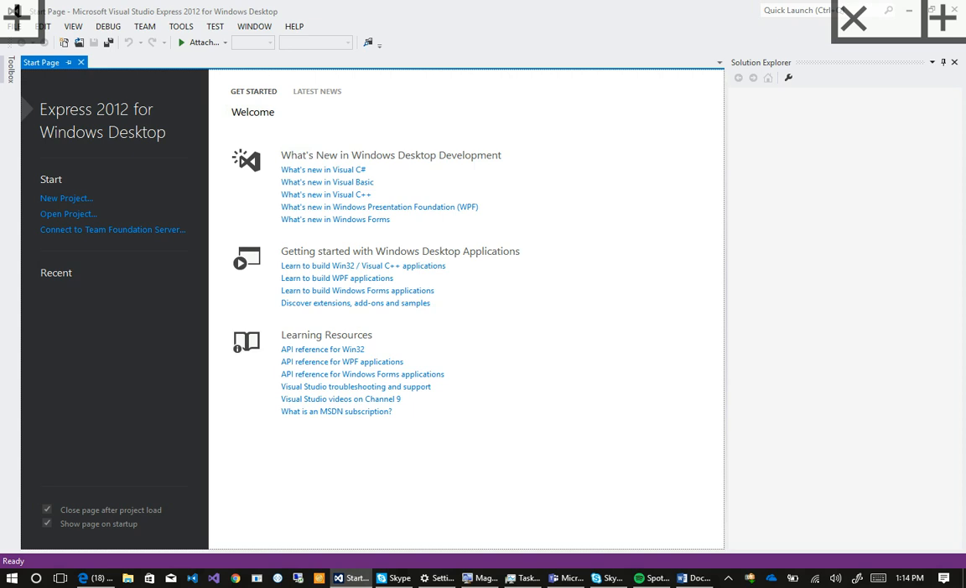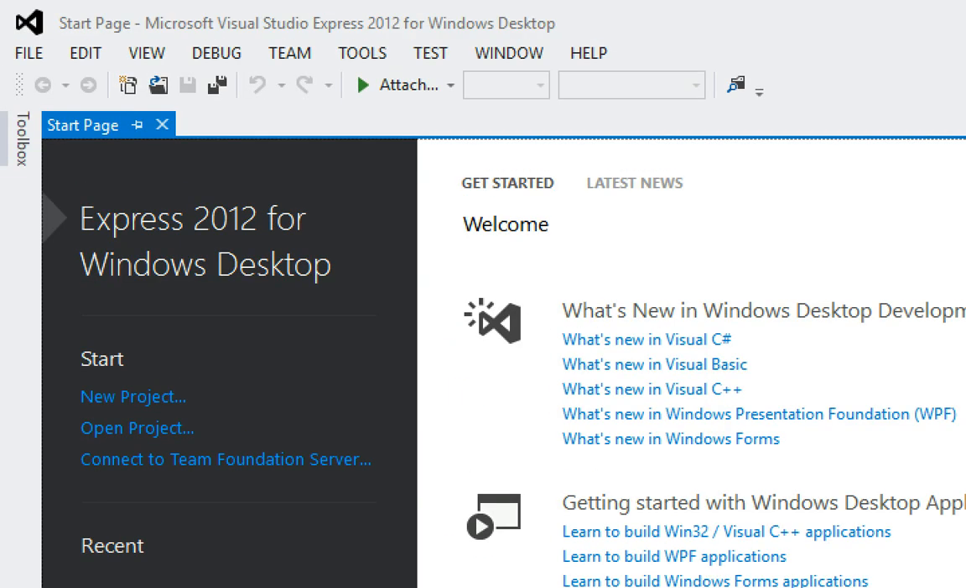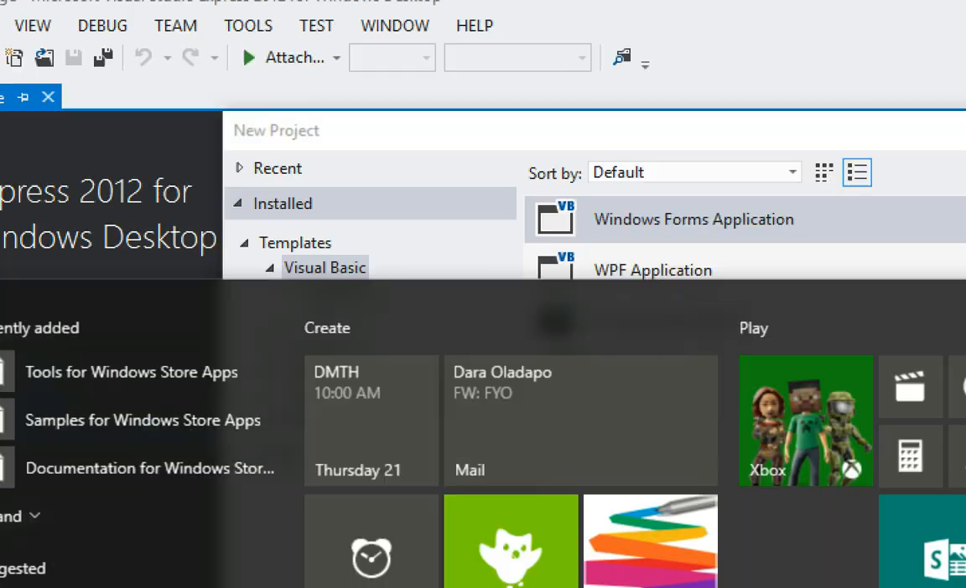To start, pretty much simple. I go on and start a new project. I'll just click on new project from this left-hand toolbar side, and then it brings me this